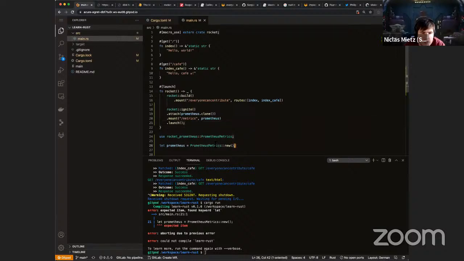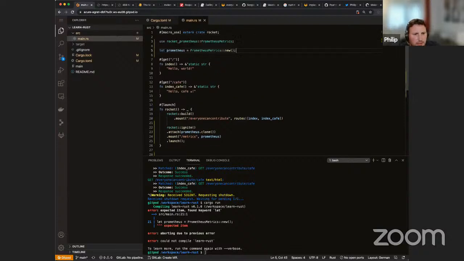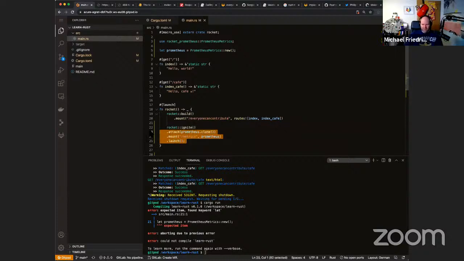Probably the ordering, so that needs to be on the top. I think also the indentation of lines 19 to 25 needs to be corrected. Line 23 is rocket build and this is rocket ignite. This one. Yes. Yeah, correct. The problem was this was